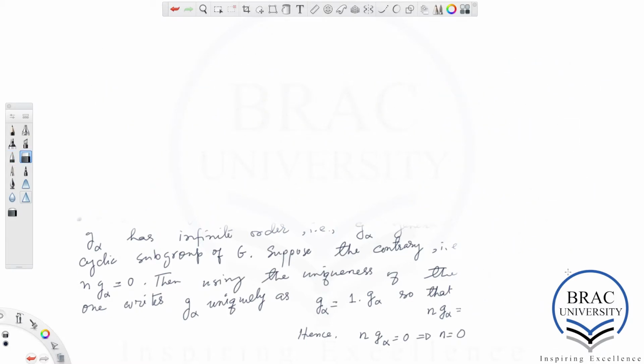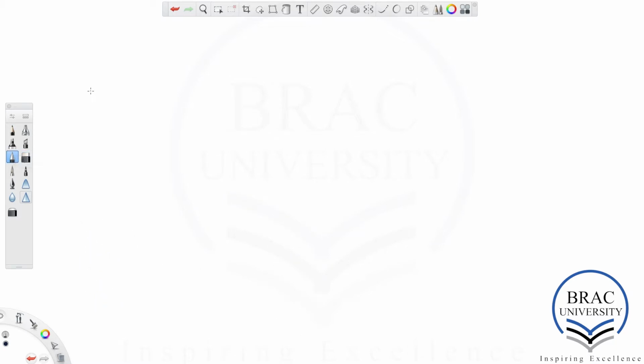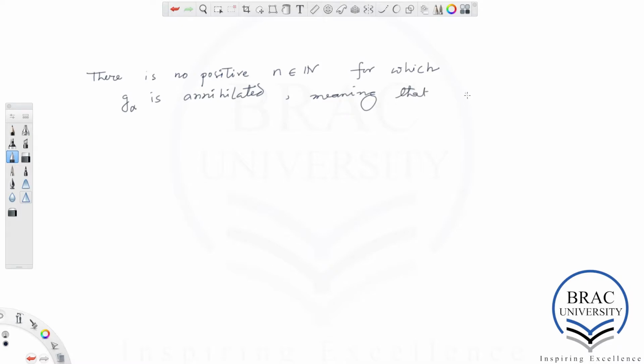So we arrived at the fact that there is no positive natural number for which G alpha is annihilated, meaning that G alpha has infinite order.